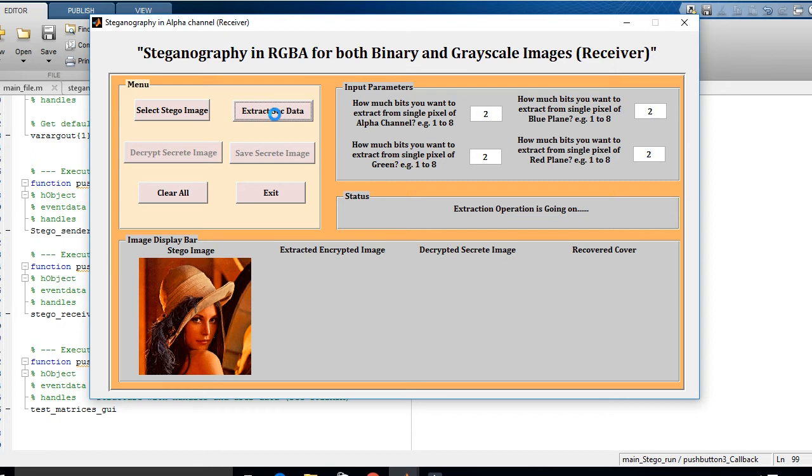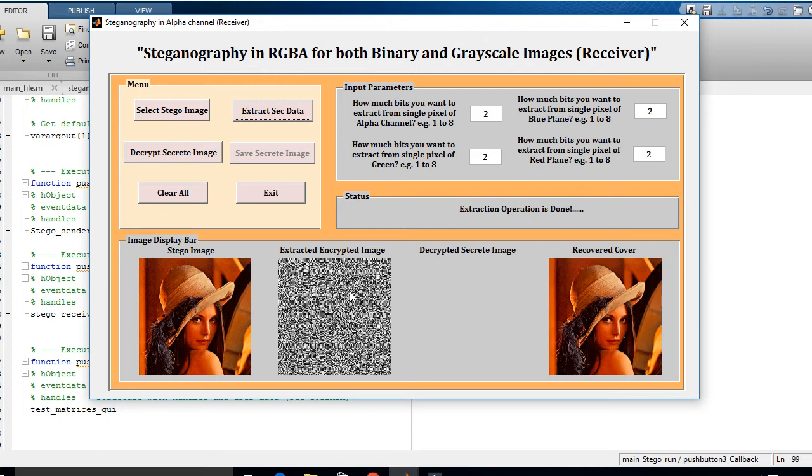So this process will extract the secret data from this stego image. So basically now our secret data is encrypted data. So after retrieving that data, you have to decrypt that data with the help of AES decryption algorithm.